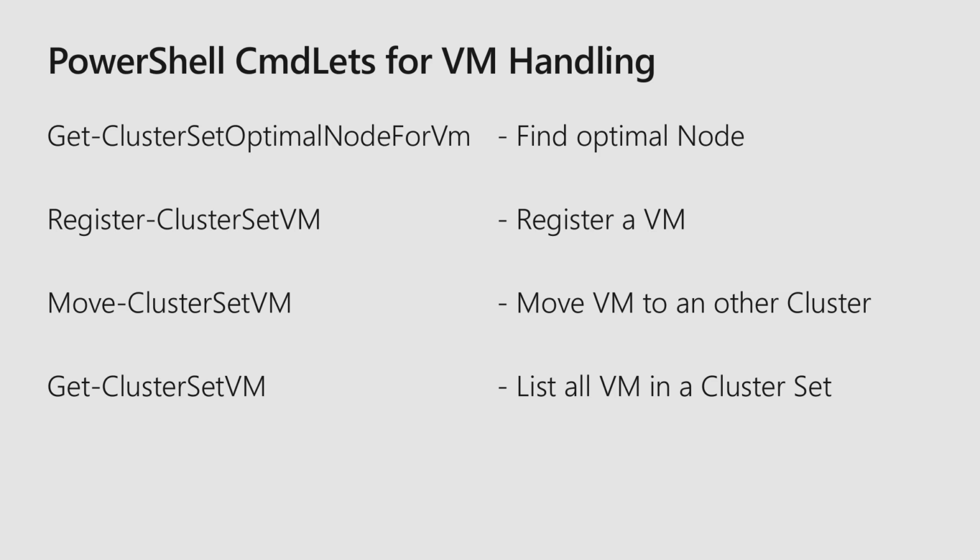We can move a VM that is in cluster 1 with live migration to cluster 3. The data is still on a CSV in cluster 1. So you can move your virtual machines around, but the data stays where it was. It will not also move to cluster 3. That's possible. We have the storage migration for that, but in a cluster set, you usually only move the virtual machine. Yeah? If you want to destroy a cluster, to get it out of the cluster set, of